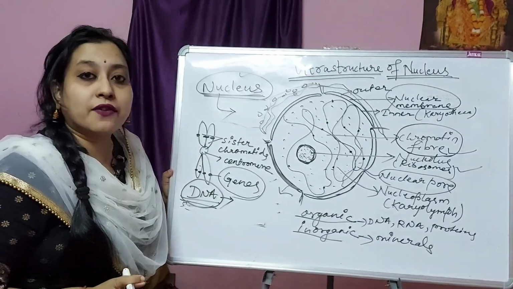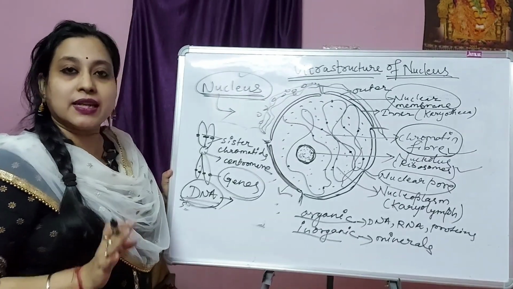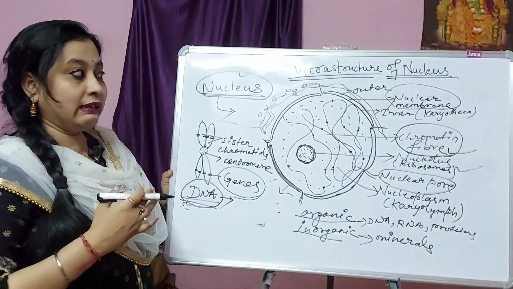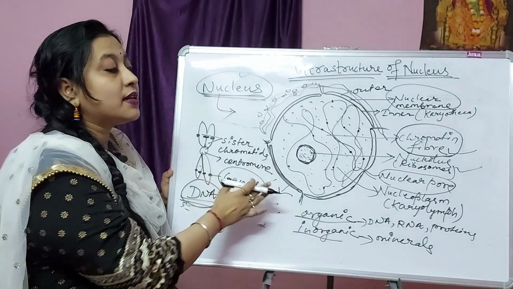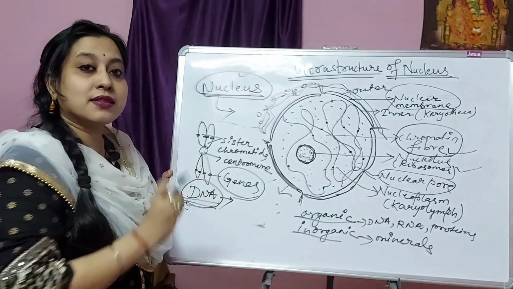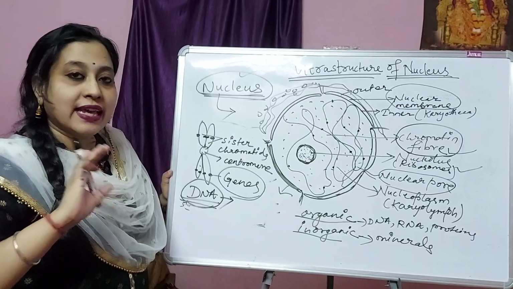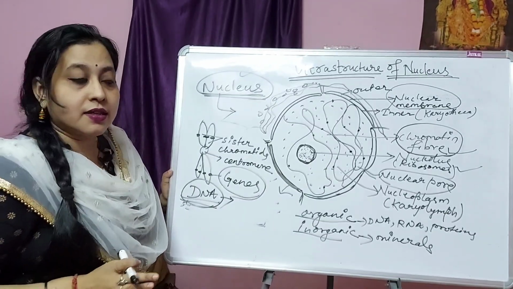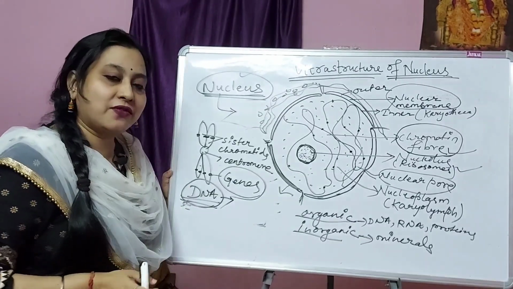So what are the functions of nucleus? Overall functions of nucleus are: first, they store genetic information, they induce variation, they take part in cell division, and the major function is that the nucleus is called the brain of the cell. So the nucleus controls all the cellular activity. It provides a link connection. It helps to connect the parents and the offspring through cell division. So these are some important functions of nucleus and parts of nucleus.